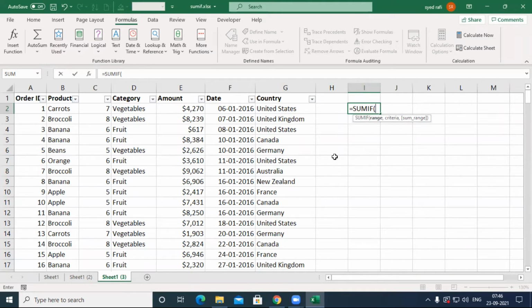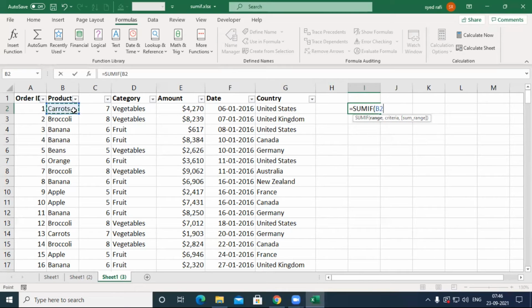So equal to SUMIF, the first argument is the criteria range, comma, criteria, comma, sum range. Let's check. I need to sum how much carrots we sold. I need to sum all the carrots products, how much sold. Okay. So first of all, carrots.